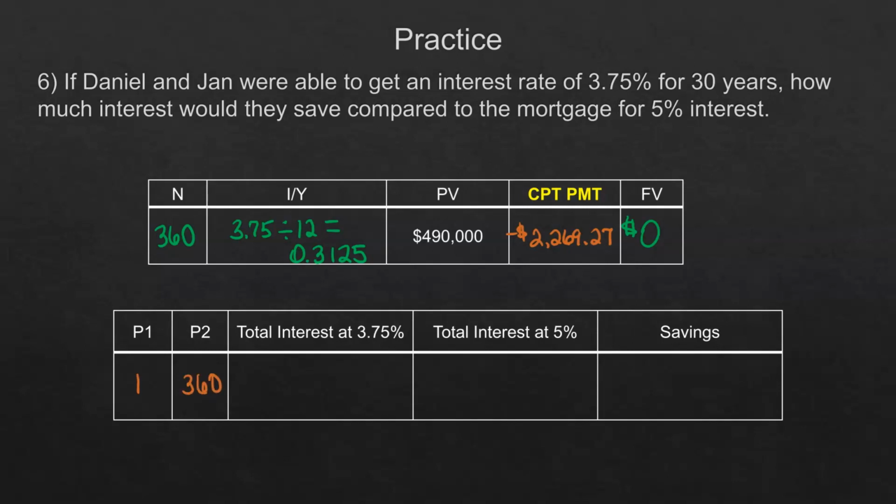Second PV to find the total interest at 3.75. We already know the total interest at 5% from the previous slide. You can go back and get that. 456,953.34. Okay. And then we're going to look at our amortization keys to get the interest on the 3.75% loan. And that would be 326,